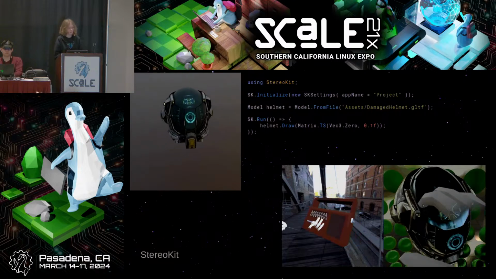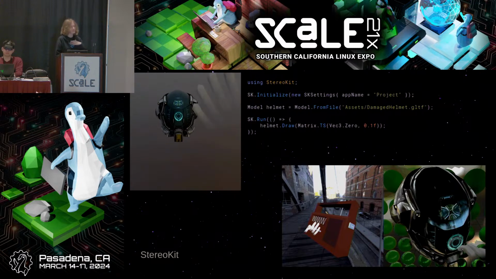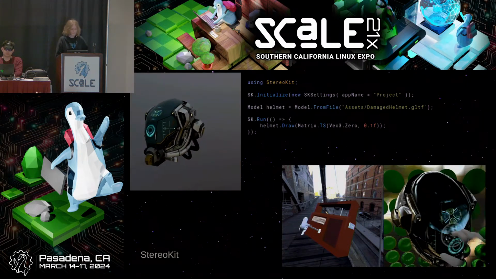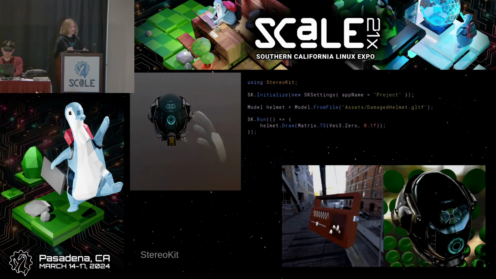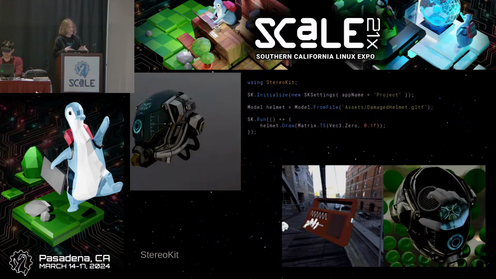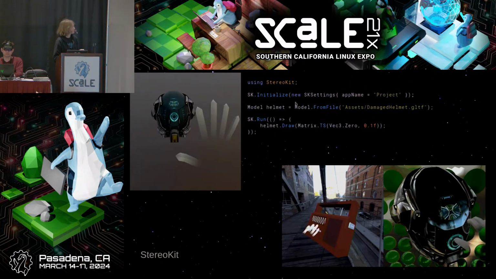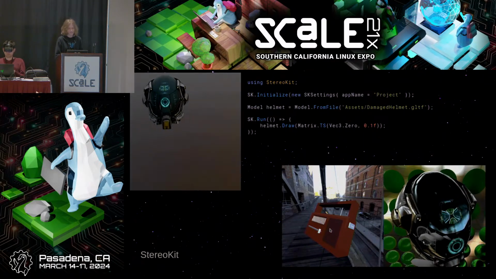In fact, it's not just used for Stardust XR, it's used for other projects, right? So for some context, this is something you would see in a VR headset. You could launch an application made with StereoKit in a VR headset, and you would see this, for example. This is an example of some of the more unique UI in StereoKit.